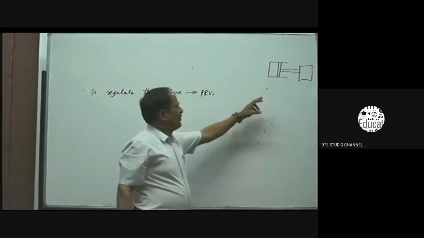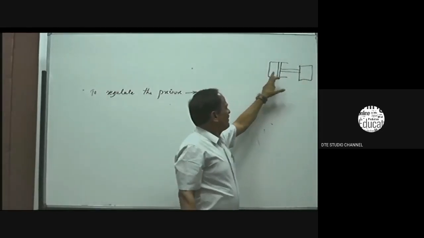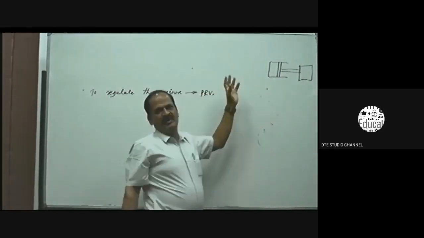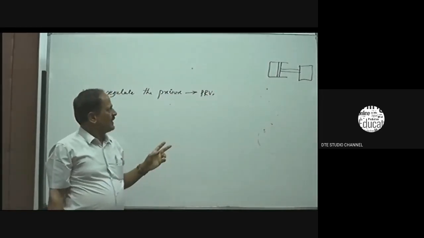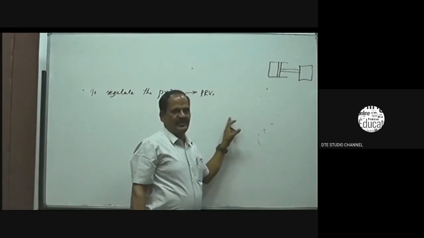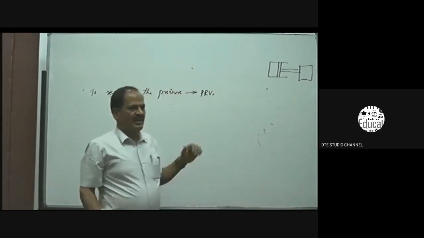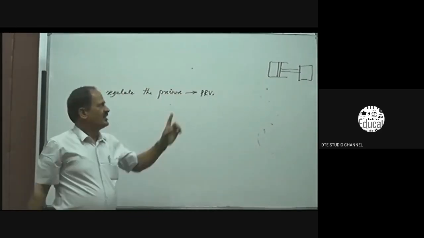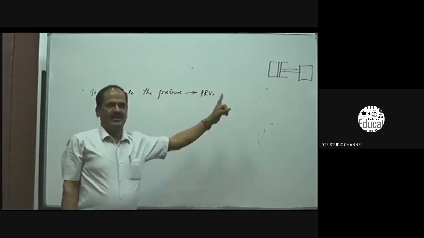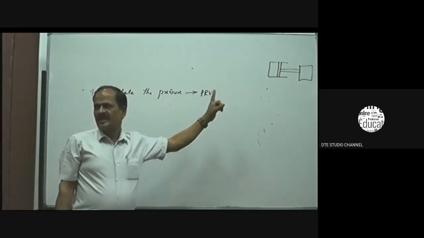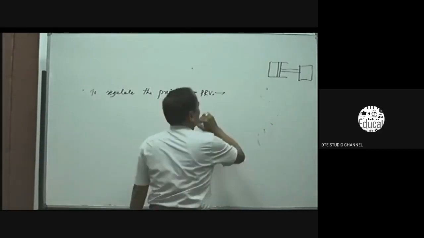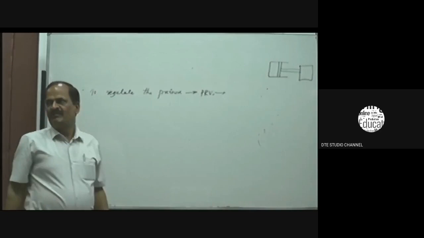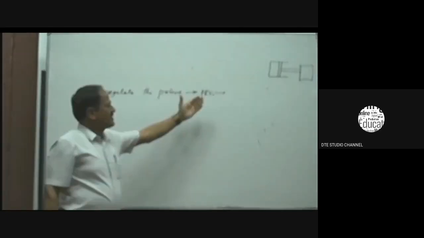So whenever load is decreased and pressure is high, it may damage the various components of the hydraulic system. That's why the pressure is to be decreased. To safeguard the components of the hydraulic system, pressure must be controlled. It is done by the pressure relief valve. Pressure relief valve is mainly used. It depends upon the load conditions on the actuator.